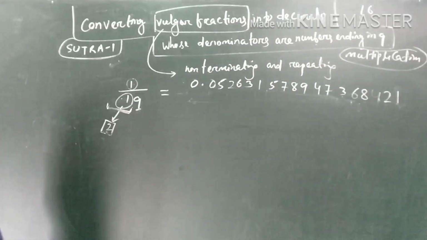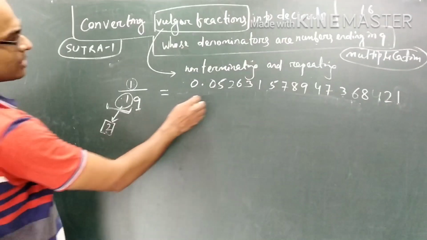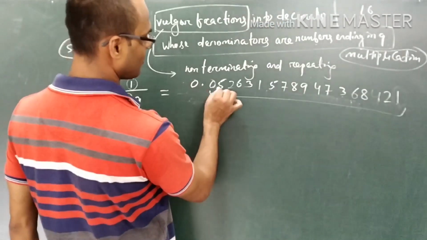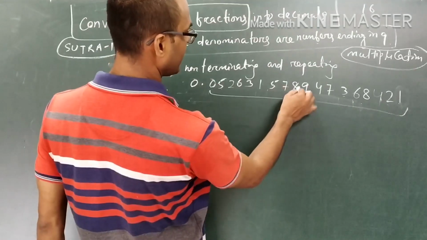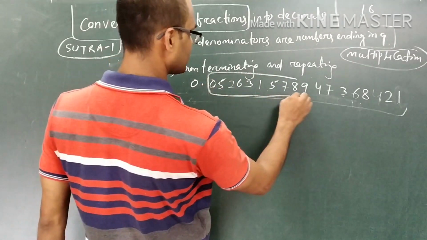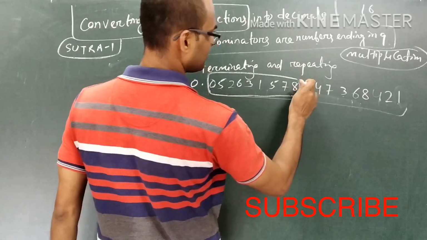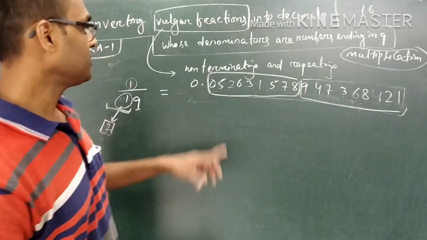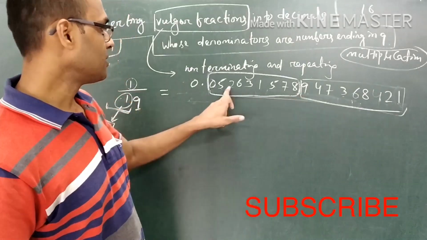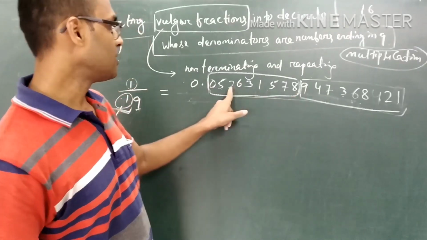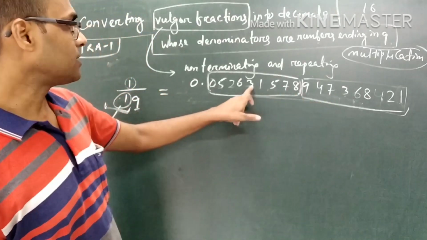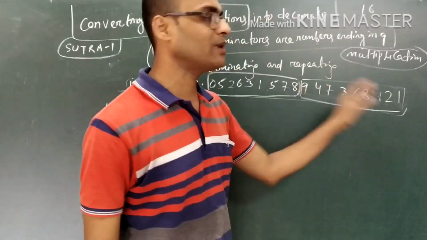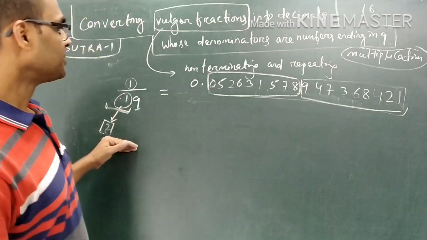Another beauty you can observe here, friends: you have a total of 18 digits. If you take half of this, 1, 2, 3, 4, 5, 6, 7, 8, 9, the remaining 9 digits are clearly the complements of 9. See, 0 plus 9 is 9, 5 plus 4 is 9, 2 plus 7 is 9, 6 plus 3 is 9. The sum of the corresponding numbers is always 9. See how beautiful this is.